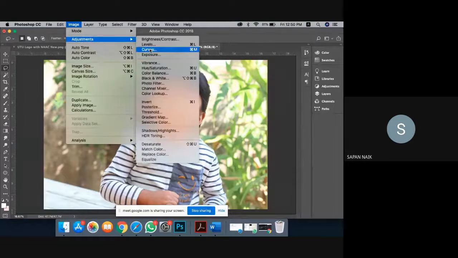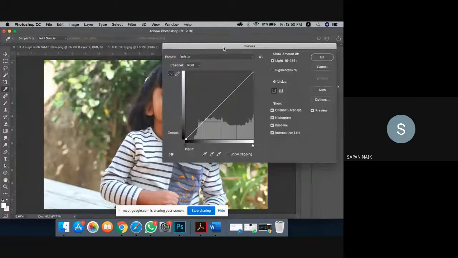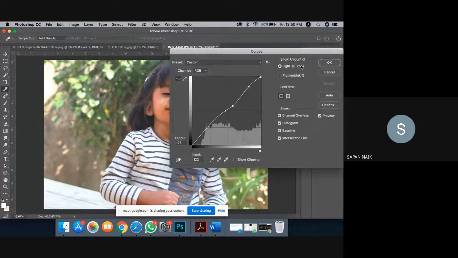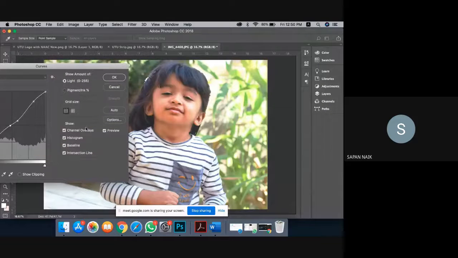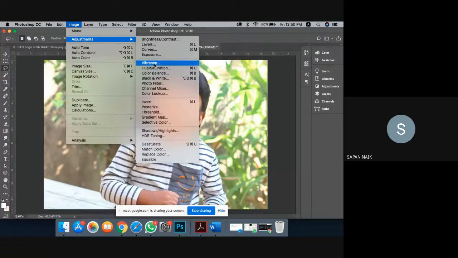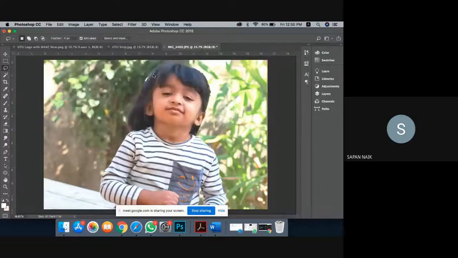Other than that, as I said, many professional photographers use curves a lot. So that you can do, right? Okay, it is a sharper one. So this is the preview. Okay, this is the original image. I think the original looks better. So don't tilt it much. Same way you can go with color balance, right?